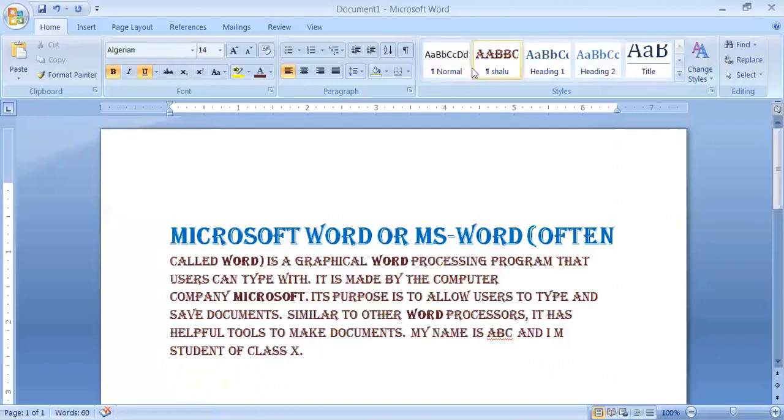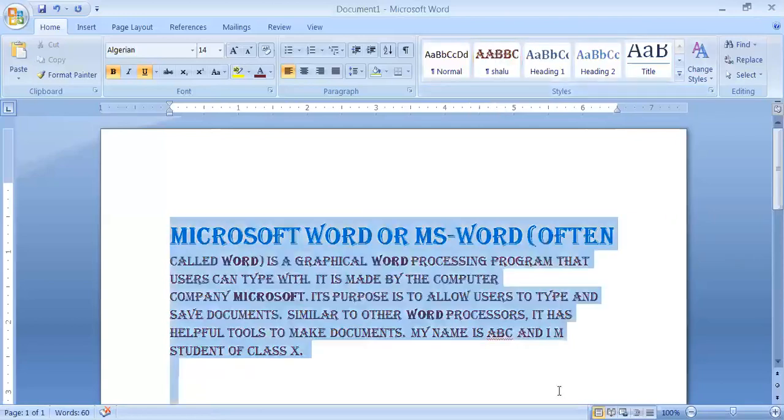So with the help of this particular style, as you can see, it appears with my name as I gave the name to this style, and all the specifications are there in the style. I have to do nothing. I have to just select the text and just click on it. All the 3, 4, 5 parameters that I had set in the modifying section will appear at once. So this is all about the style.